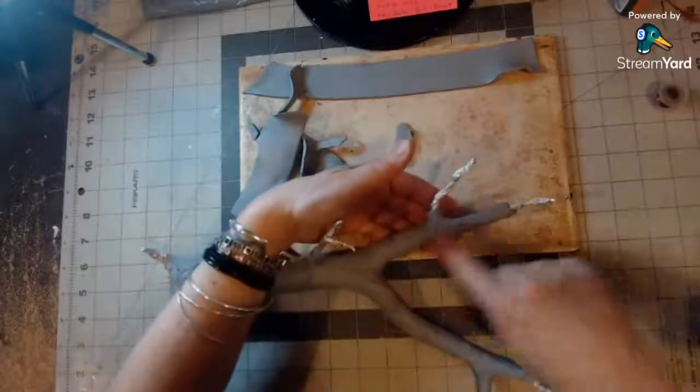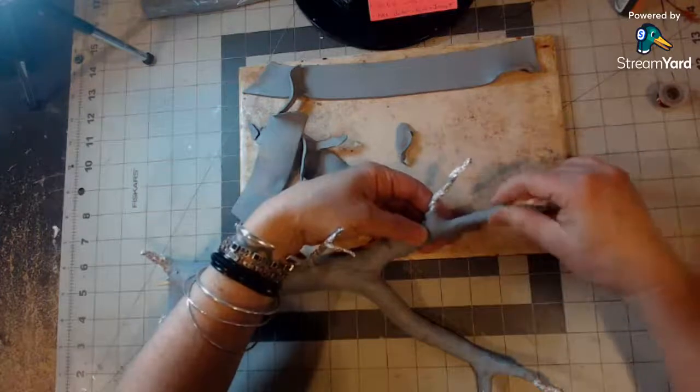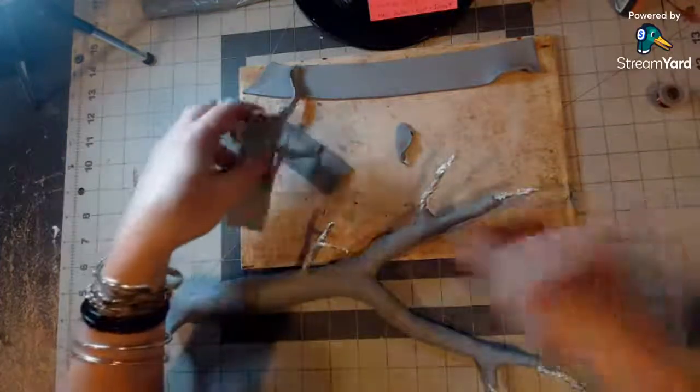Now, I wanted this one when I was making it to be a little thicker, so I'm going to be adding a little bit more clay to this. I just think it